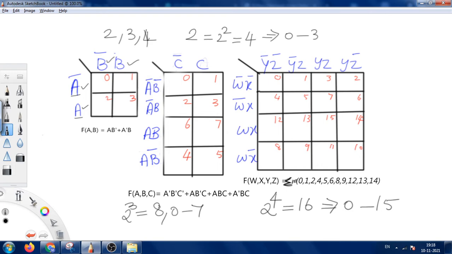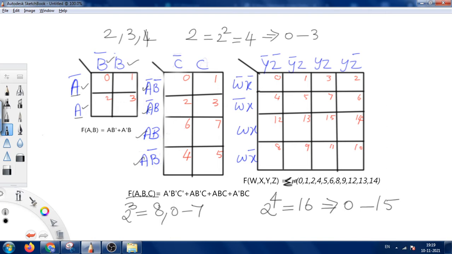Likewise here for this 3 variable Karnaugh map we have A, B and C. The function given as f of a comma b comma c means we have 3 variables. So how to name the map? C bar and C is the vertical map, and then horizontally we have to write A bar B bar, A bar B, A B and then A B bar. This order also you should remember.